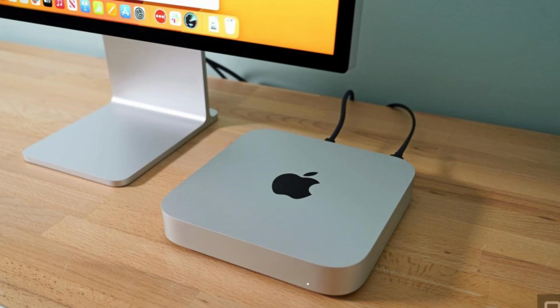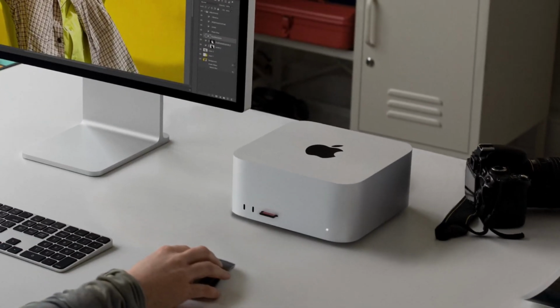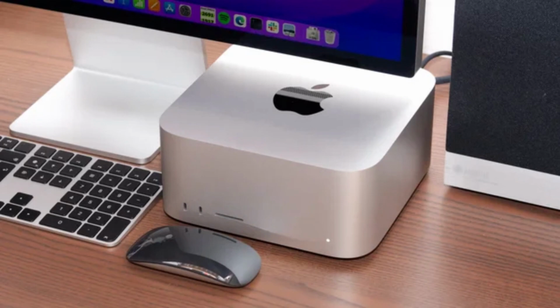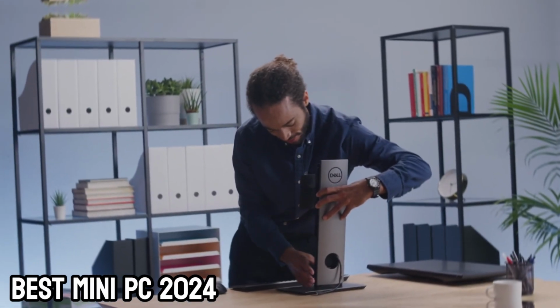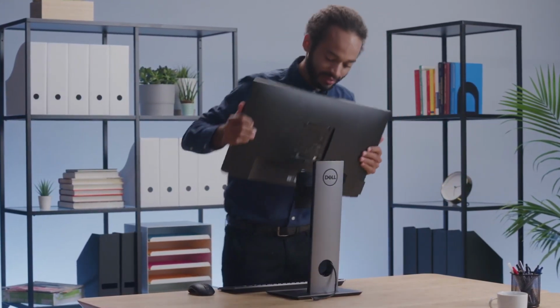Mini PCs range from smaller desktops to stick PCs you can slip into your pocket. Mini PCs also leverage the small, energy-efficient components of laptops to provide you with a surprising amount of power in sizes that can be hidden behind a monitor. With mini PCs made for everything from media streaming to gaming and VR, there are mini stick PCs and mini desktops for almost everyone. To help you find the right model, we've listed the best mini PC 2024 and their key features, plus the things you need to consider to help you choose the best one for you,